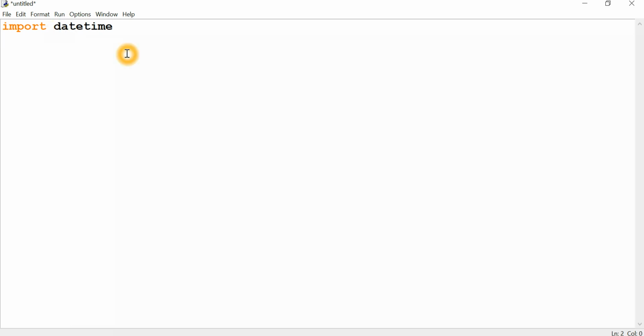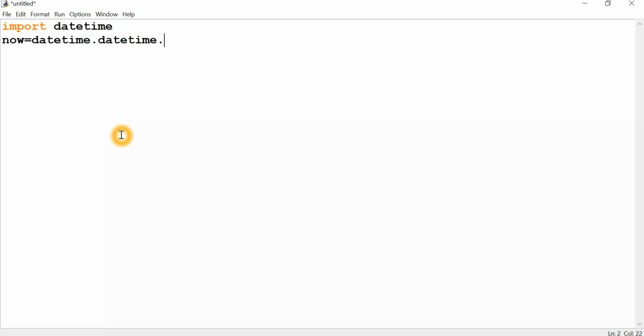Now I am going to use one variable. The variable name is now. Any variable name you can keep. So I am going to name it now. After the now you want to use the package name. What is the package name? There is datetime. So again you want to use datetime, because the package name is also datetime only.